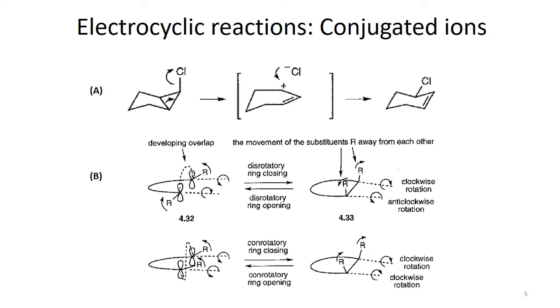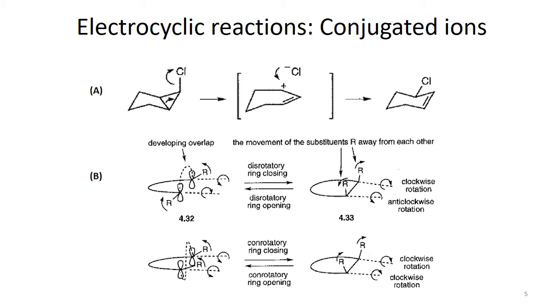Just like in the first example, where we have a bicyclic system in which a cyclopentyl and a cyclopropyl, these two fused rings, are there. So these two rings are fused together. In this case we have a chloride of this bicyclic system. And what happens is that when electrocyclization takes place, the chloride ion leaves.